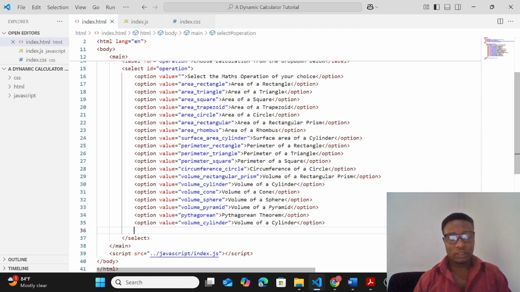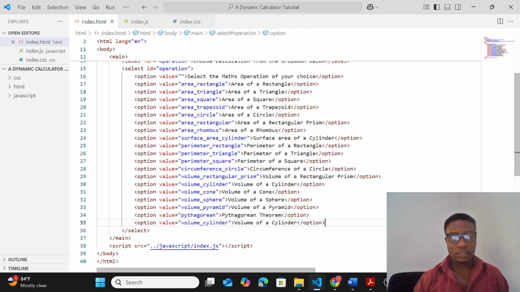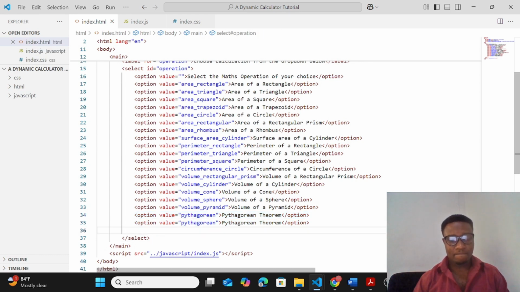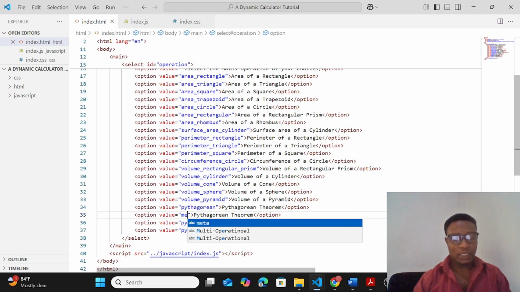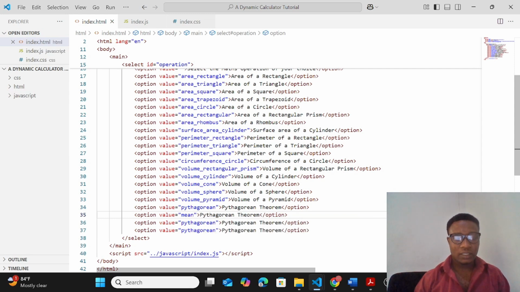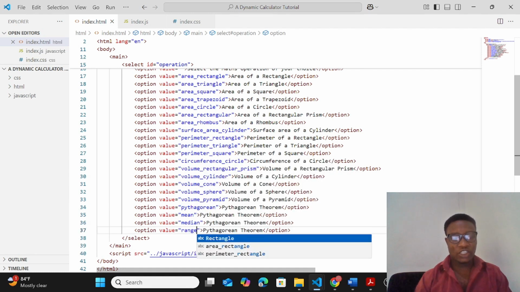So this part, let me rather copy this Pythagorean down. So here would be mean, median, range,